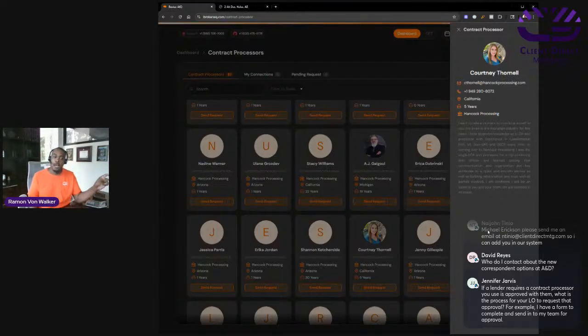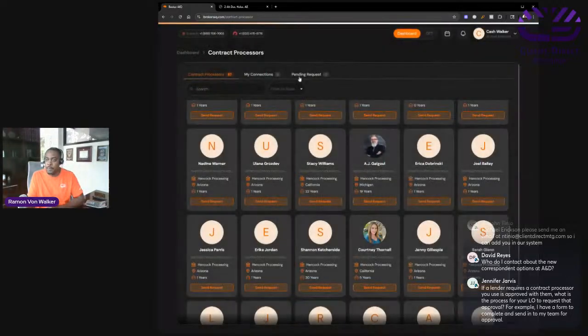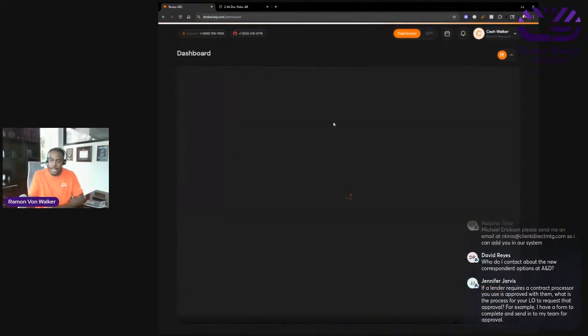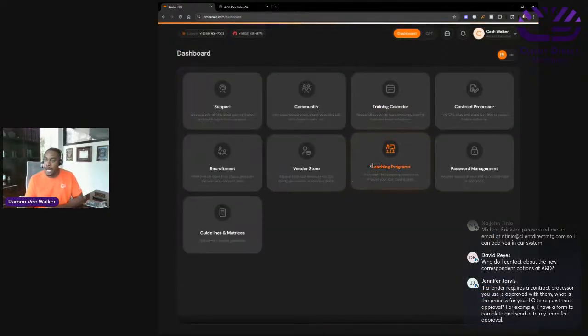And that loan officer also is going to be able to give a review to that contract processor. So there'll be these interactions too, as they go through and do their thing. Okay, so that's contract processors. I wanted to stay on that a little bit because if you have people that you could refer over, I think it would be a great place for them to get business.